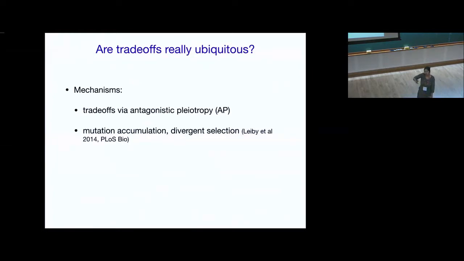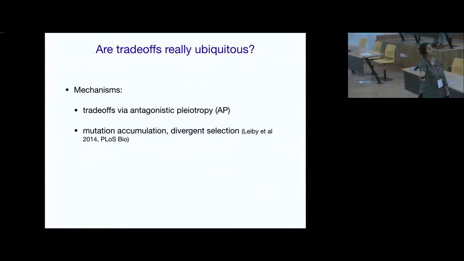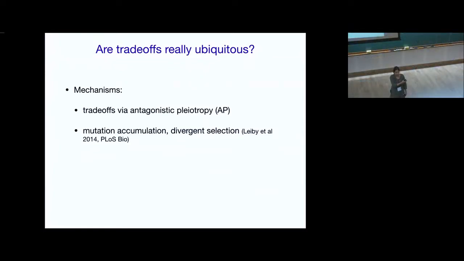Which means now if I remove selection on this one trait, and I ask, has the organism evolved to have poor fitness on other environments, you will find often that they do have poor fitness, right? So it appears as a trade-off. I mean, it is a trade-off in some sense, but there's no mechanistic commonality tying these two traits together. So we wanted to ask how rare, or how frequent, antagonistic pleiotropy is.